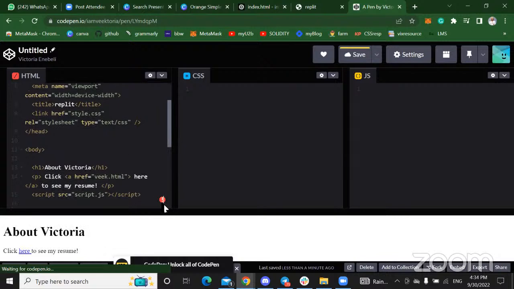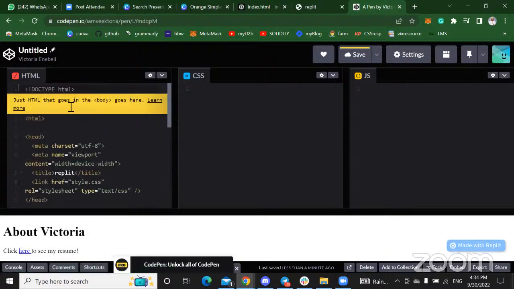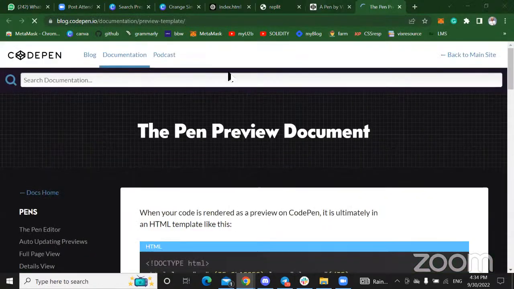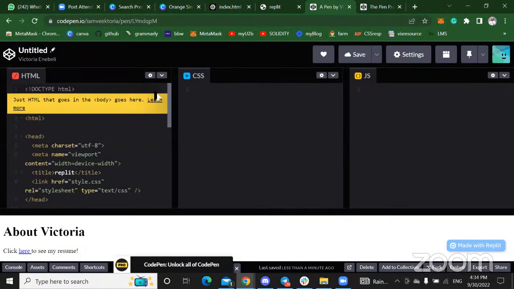So you can see that I'm getting an error. Just HTML that goes in here. This place is already an HTML environment, right? So first of all, the Replit accounts, the Replit website, they already made it possible for you to type in and everything displays in HTML format without you putting the